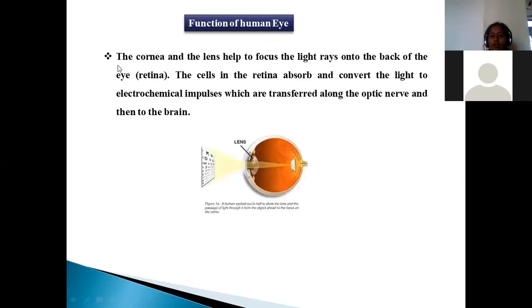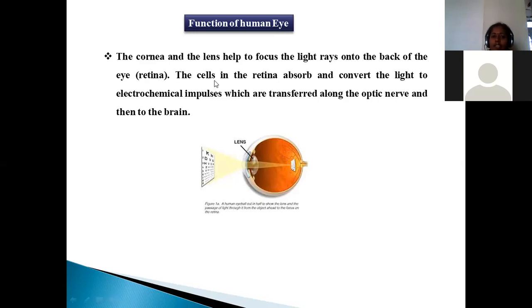So what is the main function of the human eye? Why are these organs required for us? Okay, so the cornea, which is present in this eye, is used to focus the light. Whatever light is coming, that light will be concentrated and focused on the back of the retina. So the cornea will take the light, and that light will be sent to the retina, which is present at the back